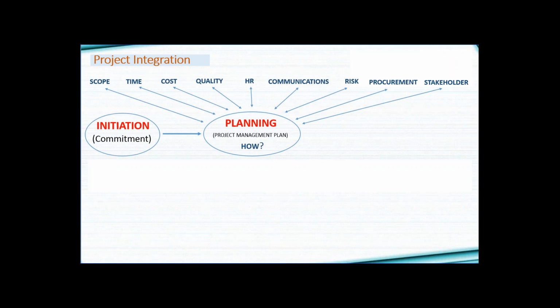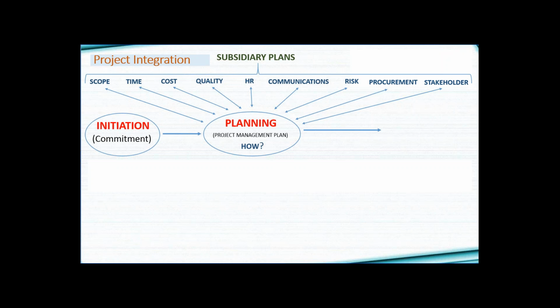The integrated project management plan contains the subsidiary plans of scope, time, cost, quality, human resource, communications, risk, procurement and stakeholder. Where have I taken these knowledge areas from? I have taken them from the PMP standard, given by the PMI. They have divided project management into these areas. The project management plan is made after iteration and optimization of all these subsidiary plans.